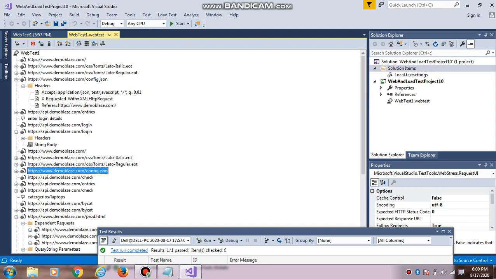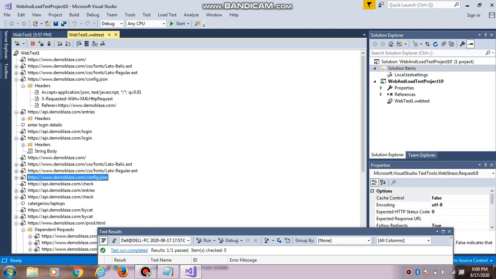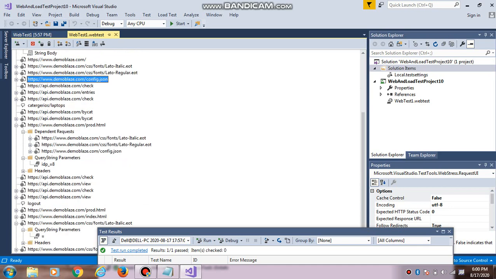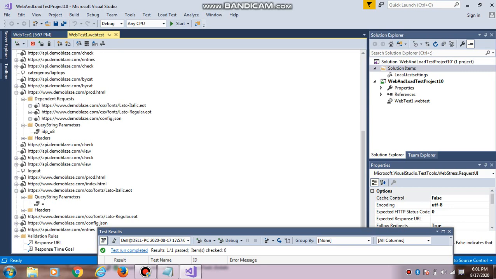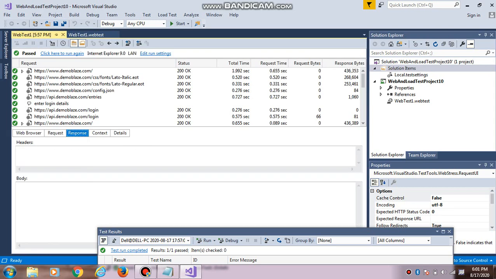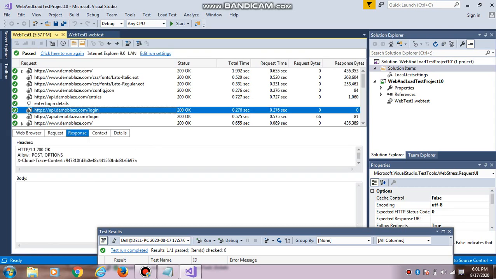Demo login, enter login details. So one minute. Here you can see the values. I think here nothing will be done. So request